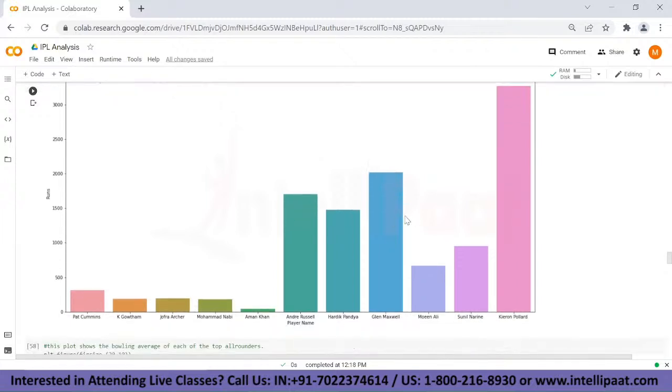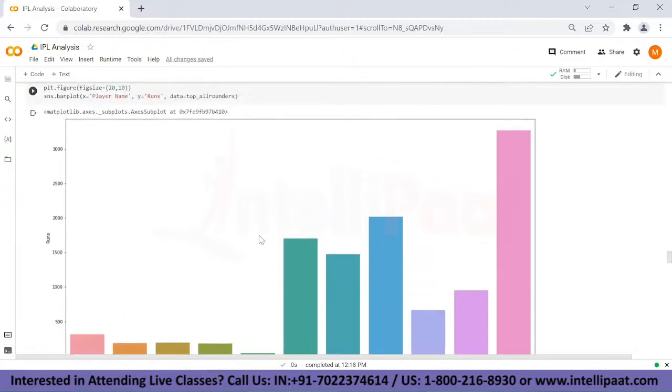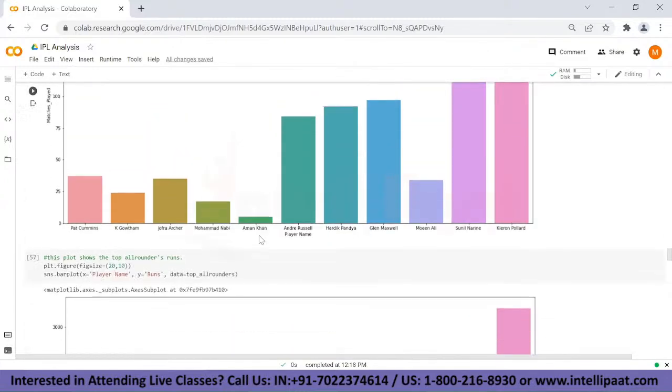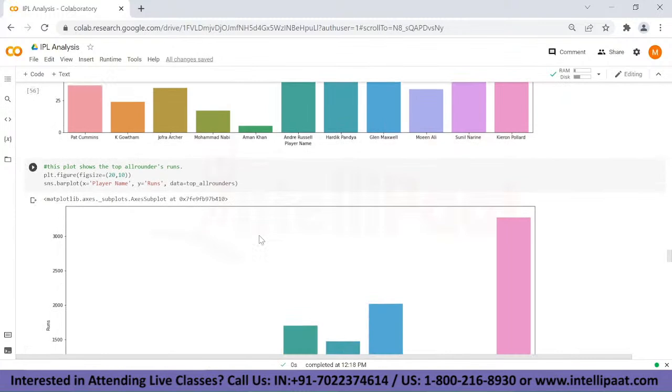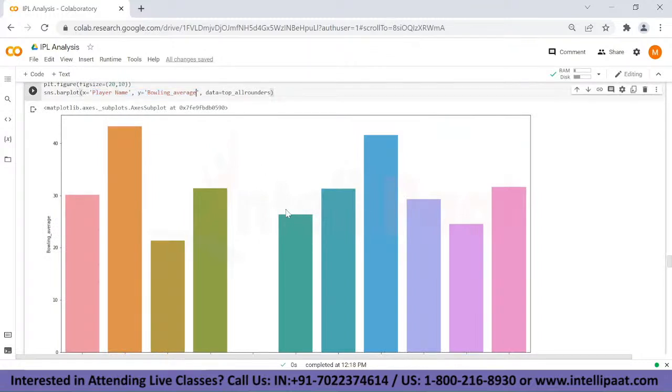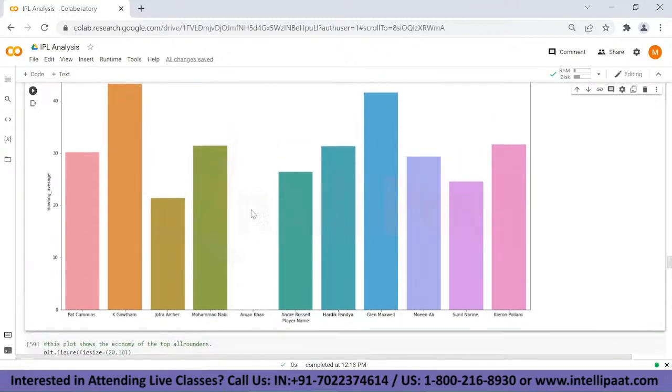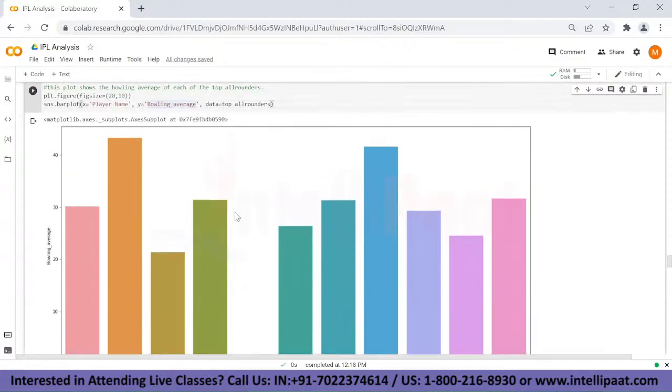And that's the exact same thing with these people also, Glenn Maxwell, Hardik Pandya and other people who have played more number of matches compared to the others. And that's how these 2 parameters are actually related to each other, number of matches and runs. We have the bowling average where the lowest is with Sunil Narayan, Jofra Archer, and then the highest is with